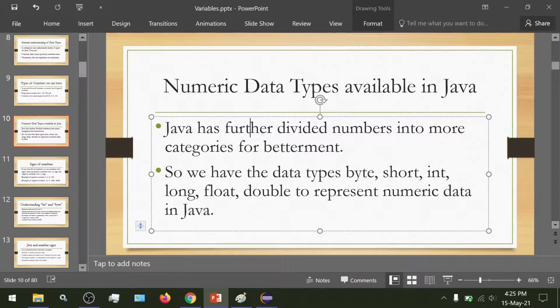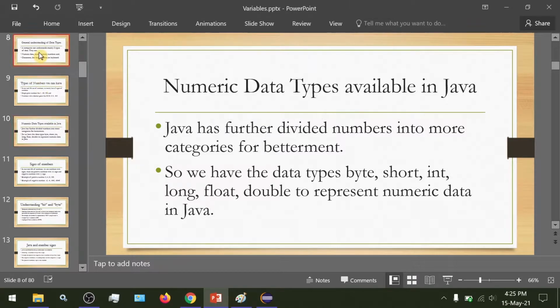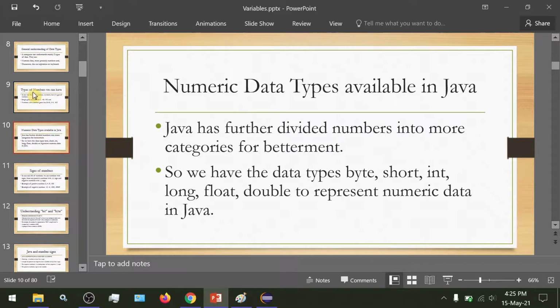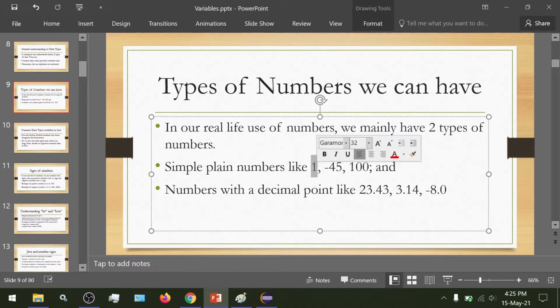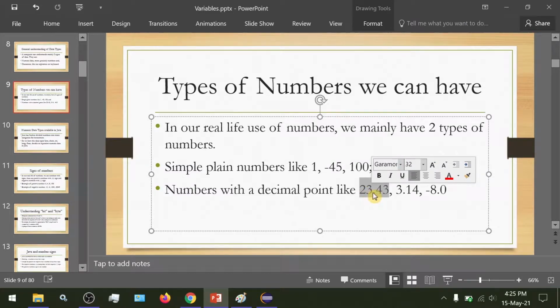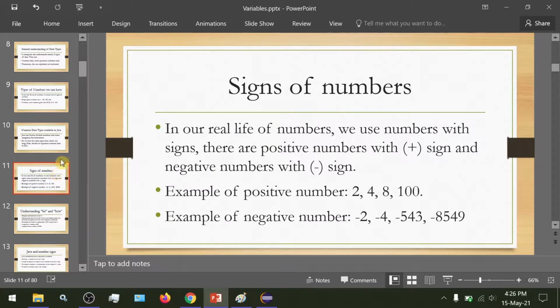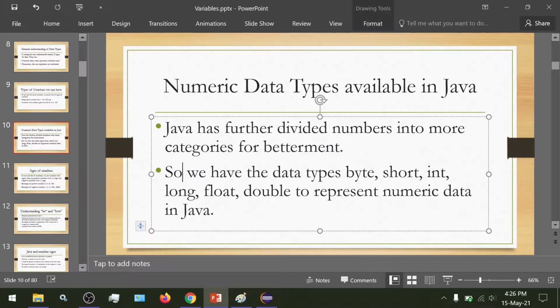Just as we saw that the data is divided into simple numbers and decimal point numbers, this representation is done by Java so that we can perform our operations with betterment and ease. So here we have various types of data, just as I said before, like byte, short, int, long, double, float. These represent the numeric data in Java.